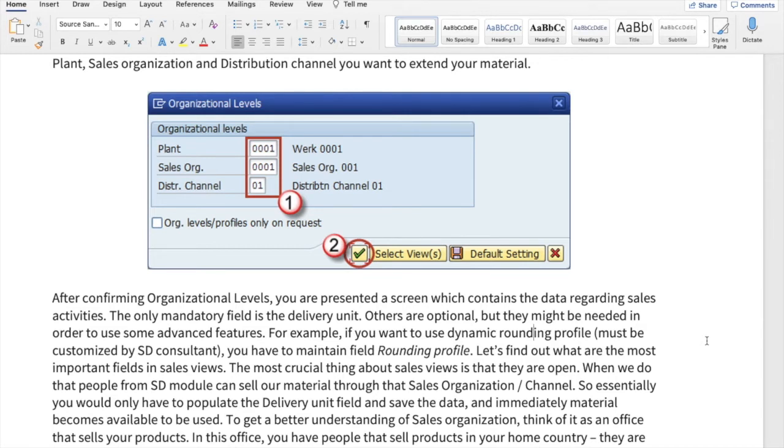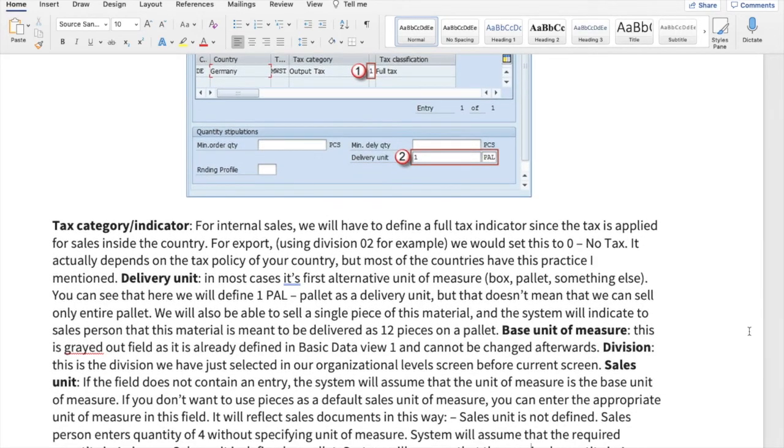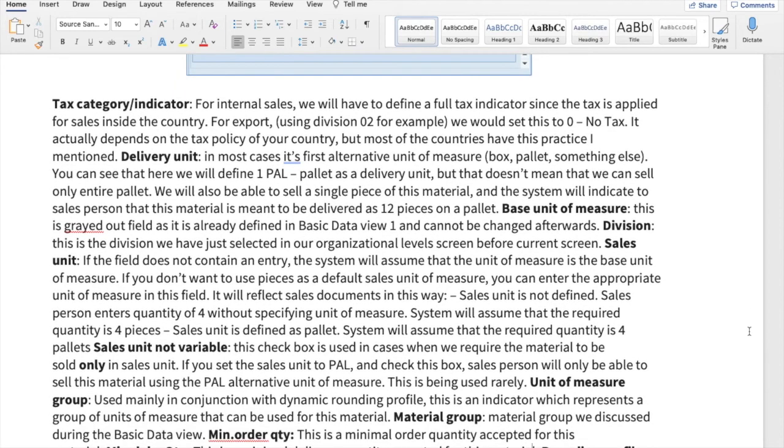So the mandatory field for this is the delivery unit. Now, other than the delivery unit, if you want to decide how many profiles you need to create, that rounding profile you can configure in this particular area, and the SD consultant can get into that actually. So I have explained this particular block.